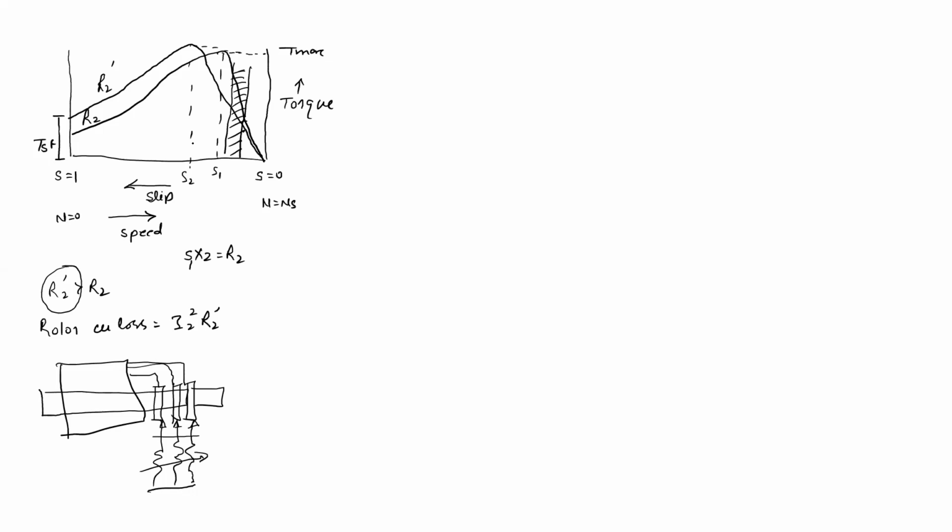So our objective is to increase the starting torque of the 3-phase squirrel cage motor by some modification in the rotor construction. So the highest priority is a high starting torque of the squirrel cage induction motor. Means we want a squirrel cage motor because it has some other advantages.